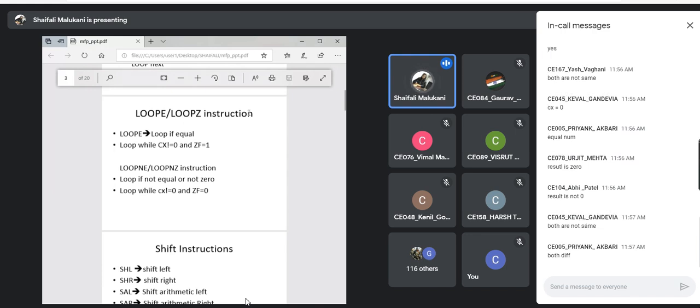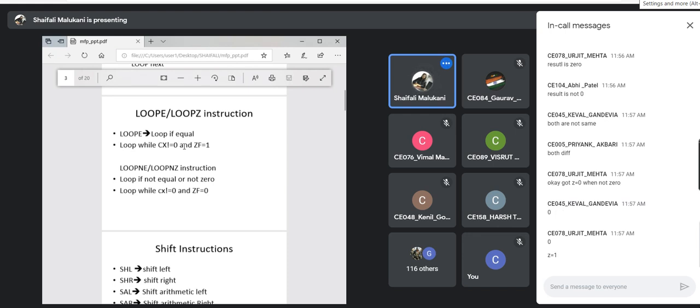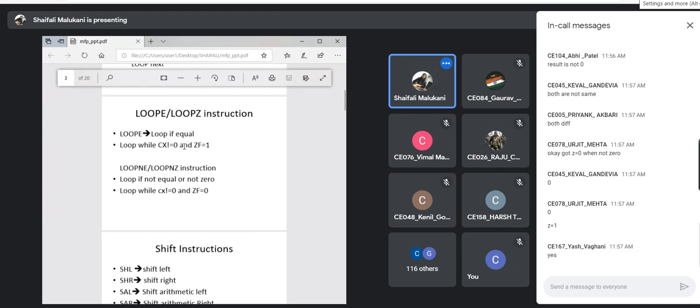So that is the thing here. If the numbers are equal, the compare instruction is going to subtract them, and the subtraction will be 0. That means the zero flag is 1. If numbers are equal, subtraction is 0, that means the zero flag is 1. Getting the point? So if my zero flag is 1, that means numbers are equal,